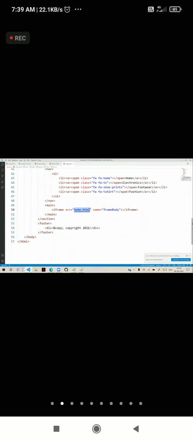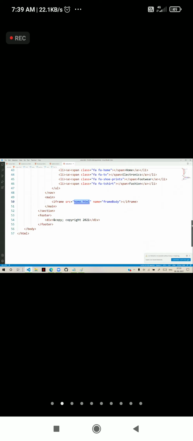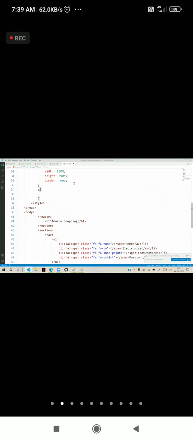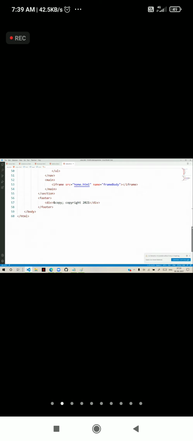So now what we are doing here is defining the link navigation. That means link href. For links also, I will put a color on the anchor. Color as white, because when I give href, they will change the color.